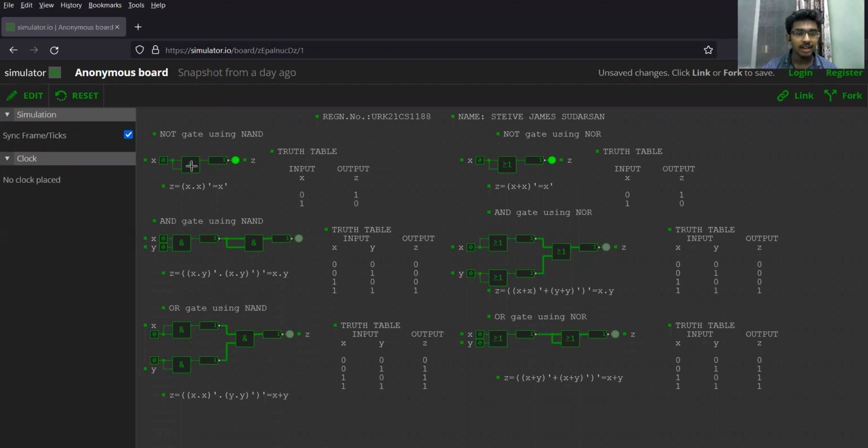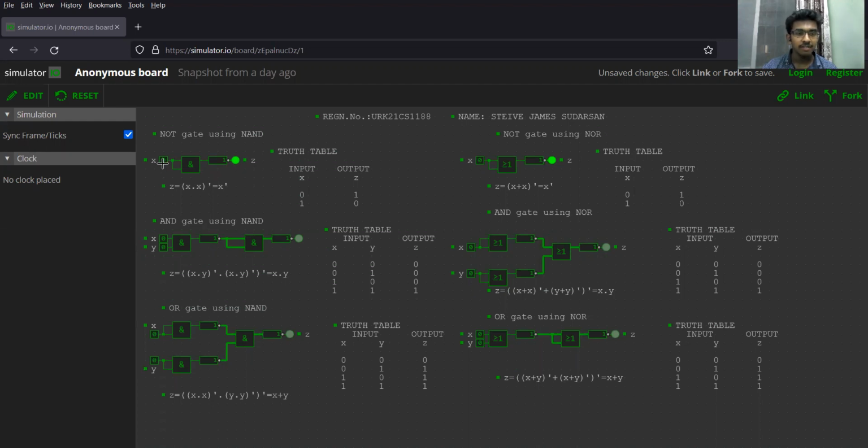Now this AND gate and a NOT gate represent a NAND gate here. I am just combining the input values of this NAND gate, so I can get a NOT gate. Its function is z equals x dot x, the whole complement, which gives us x complement, which is nothing but the formula of a NOT gate. In the truth table, the input value of x is 0. It represents the complement of 0 as 1, where the bulb glows, so we get the output as 1, which is the complement of 0.